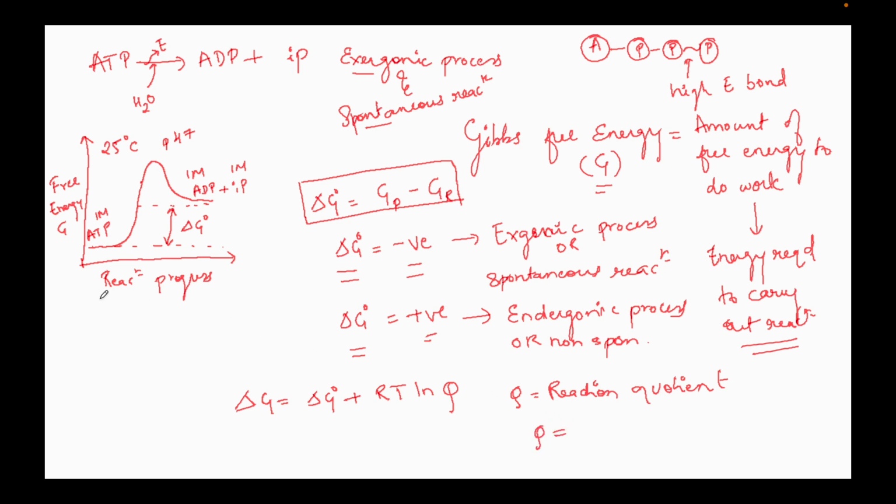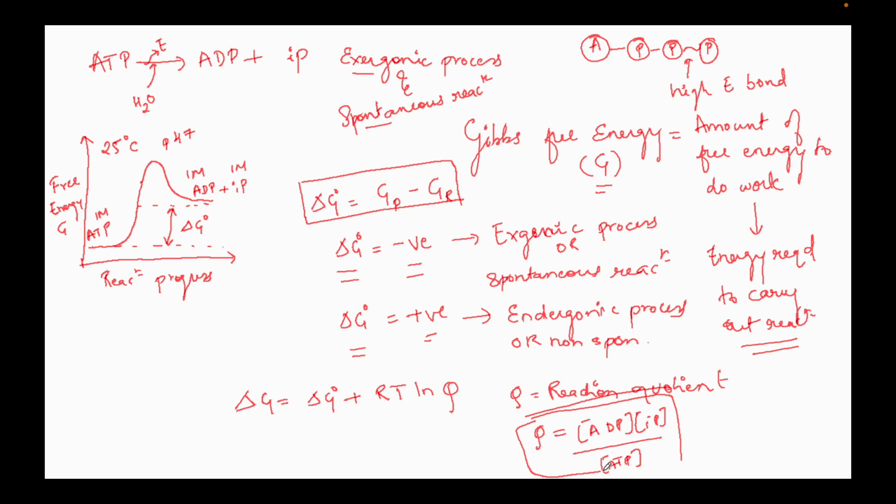Q equals the product of the reactants. Sorry, the product of the products formed, that is ADP and Pi, upon the reactant. So the reaction quotient is the product of ADP and Pi upon the reactant, which is ATP. Okay,